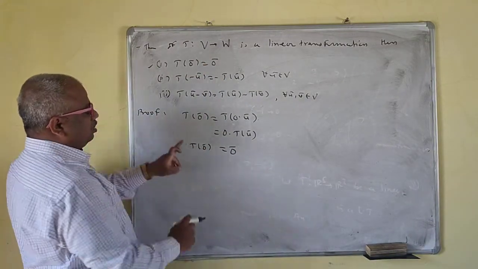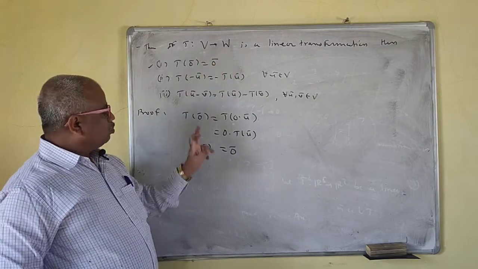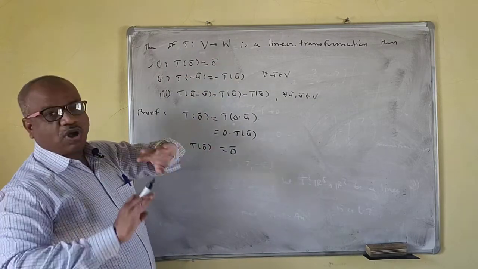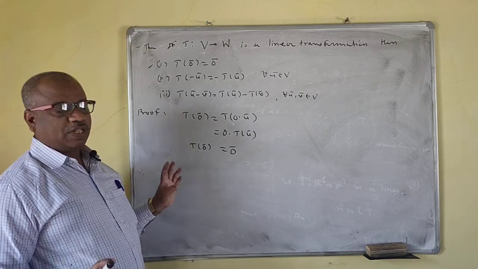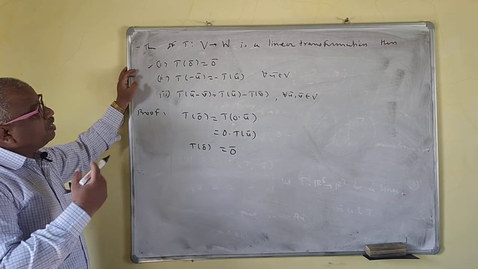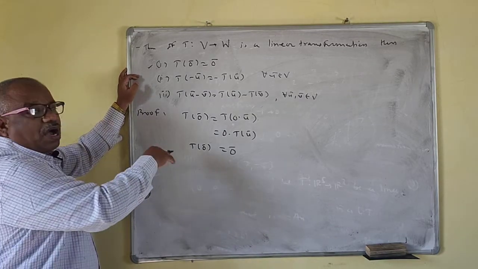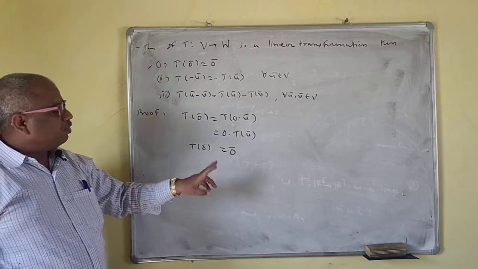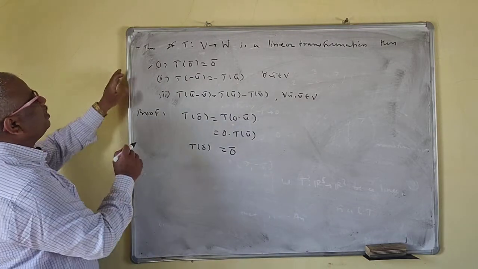See, in T of 0 bar, this 0 bar is in V and this 0 bar is in W. So these two zeros are not the same, because V and W are different vector spaces. Then this 0 bar and this 0 bar may or may not be the same. You may write this as 0 bar prime also. That means 0 bar prime is the zero vector from W, and this simple 0 bar is a vector from V. If you write prime here, then it will be the zero vector in W. Okay, so we'll keep this as it is.